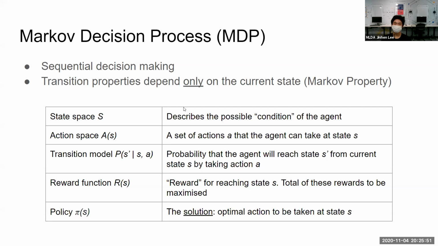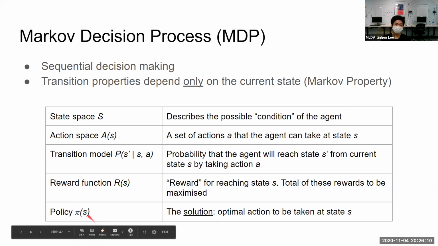It doesn't matter how you reached that state or which path you took, except what state you were previously in. An MDP is actually a tuple of four variables: state space, action space, transition model, and reward function. The policy, pi of S, is the solution for this MDP.